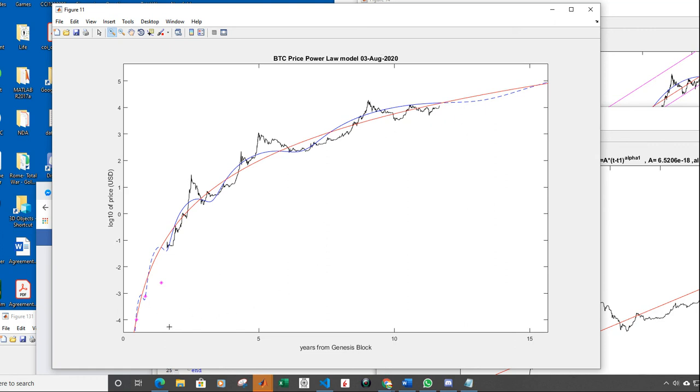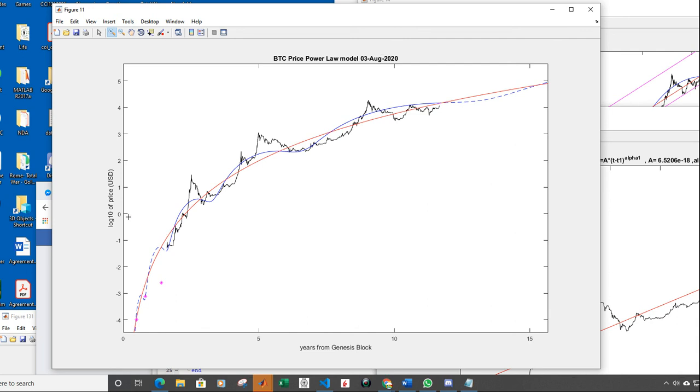So if you look at now a linear time, you see, for example, the bubbles seem to happen at further and further times apart from each other. But the general growth of the price is actually slowing down. It's slowing down relatively to these scales, right? So if you're talking about how long it's going to take for Bitcoin to go up by a factor of 10, if you look at the time that it took